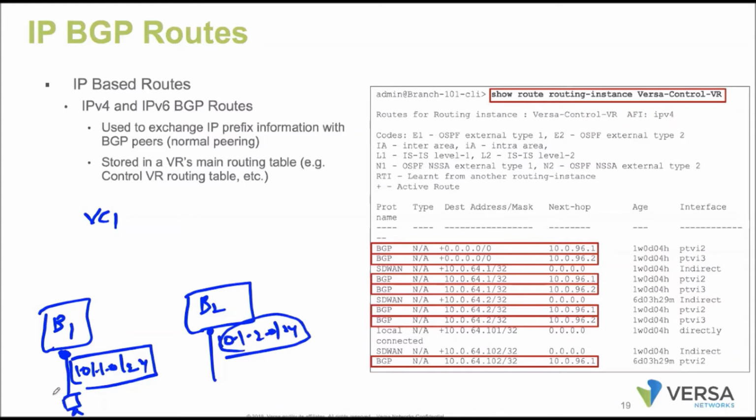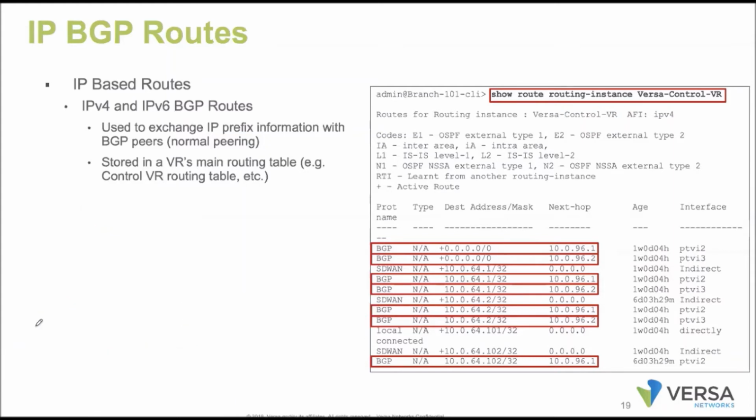From the end system, it is always a unicast packet. Once it reaches my SD-WAN LAN interface, how is the conversion happening?